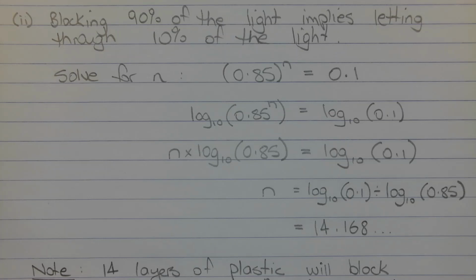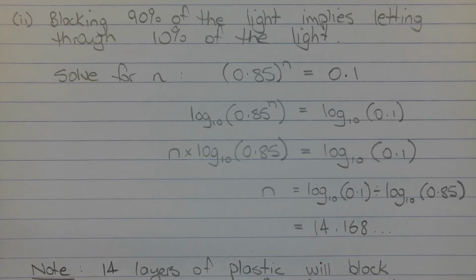Applying the power law of logarithms, the n comes out to the front, so we get n times log base 10 of 0.85 equals log base 10 of 0.1. Now we can isolate n by dividing log base 10 of 0.1 by log base 10 of 0.85. So we have n equals log base 10 of 0.1 divided by log base 10 of 0.85, which evaluates to